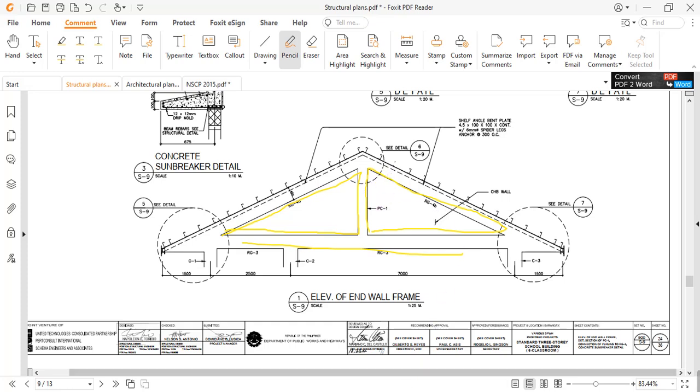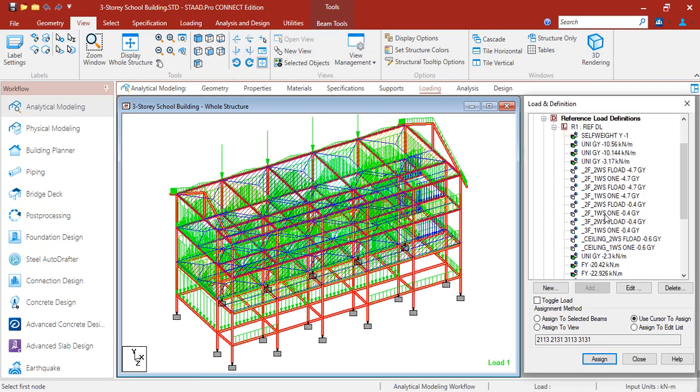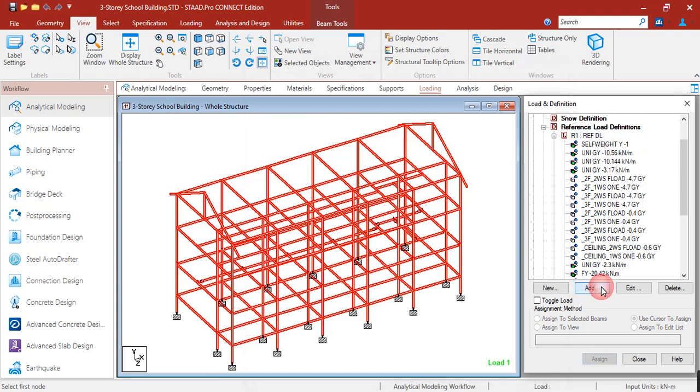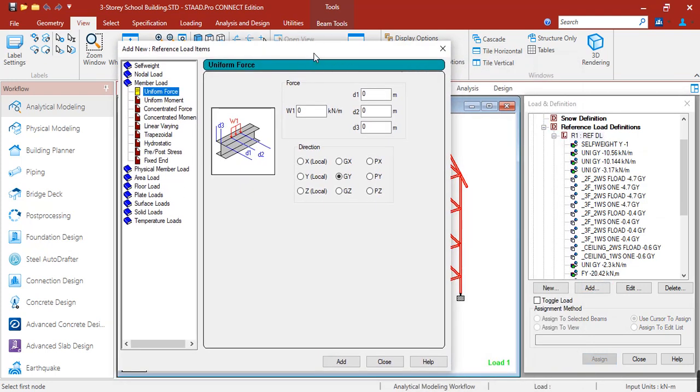Okay, so going back to our model, so again, add reference load, then member load. So 4 inches CHB is 3.17 and the height is 2.5. So that is negative 7.925.